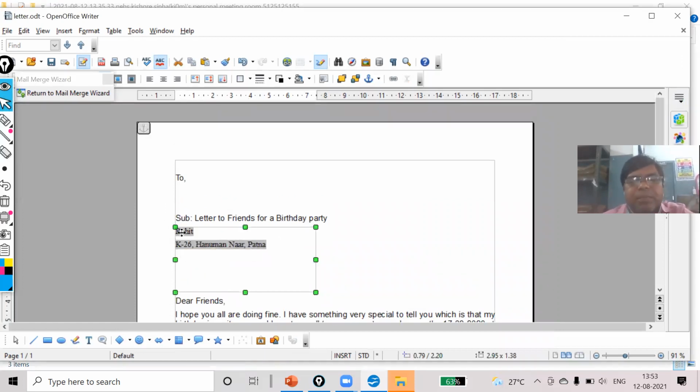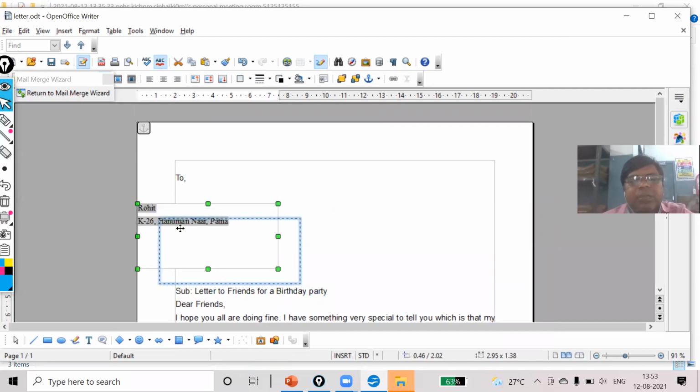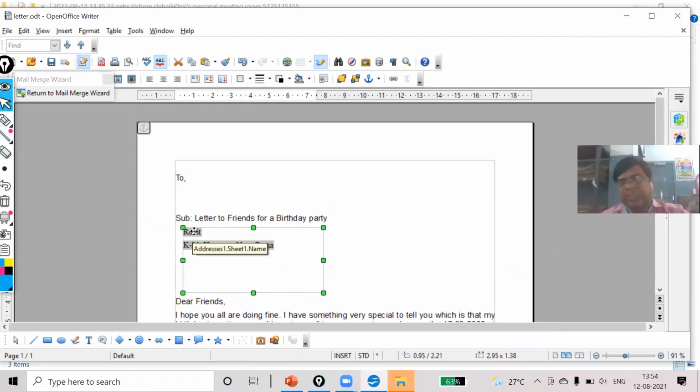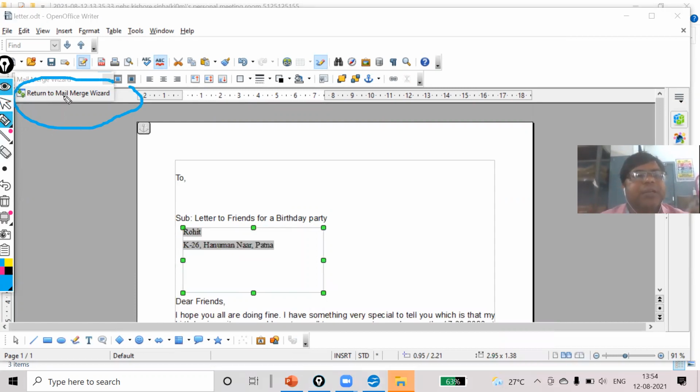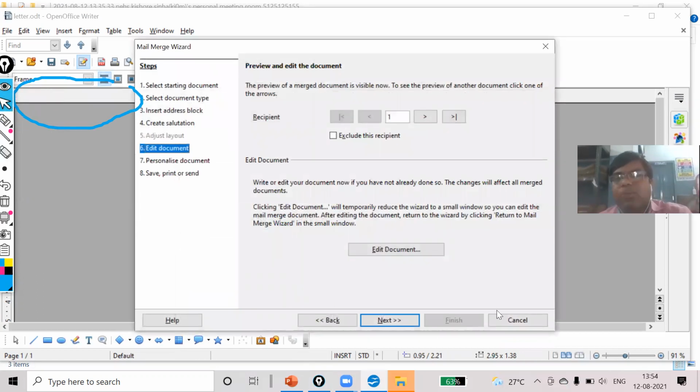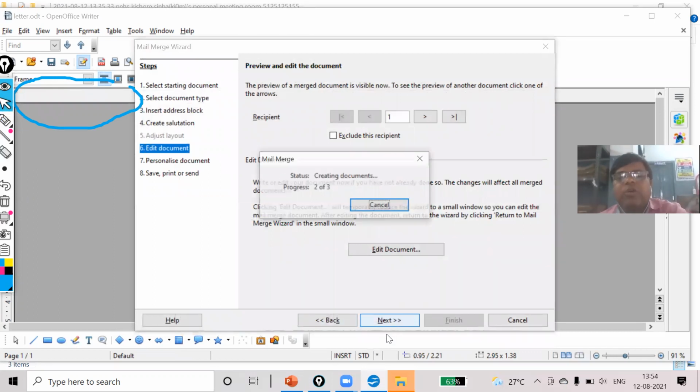This should be a little bit up, a little bit here. Wherever you want. Once you are satisfied, click on this button, Return to Mail Merge, so that you can go to the previous dialog box. Now here you click on Next.